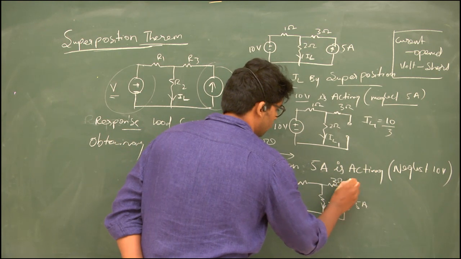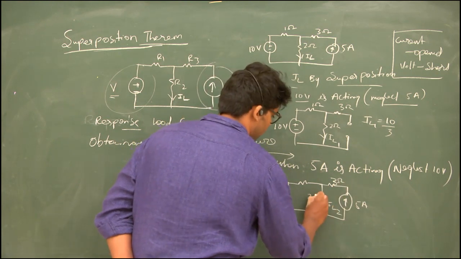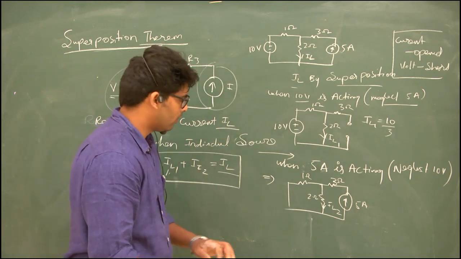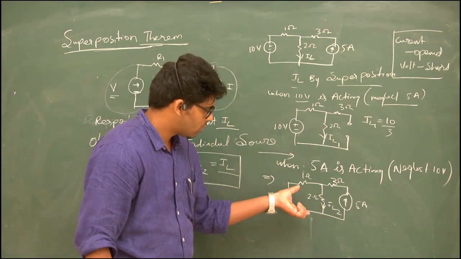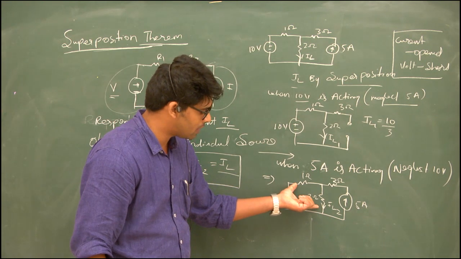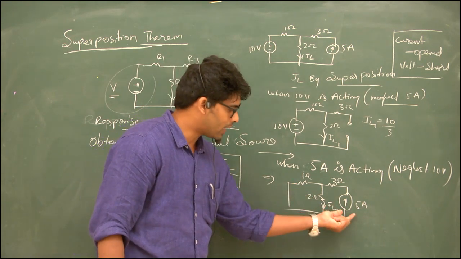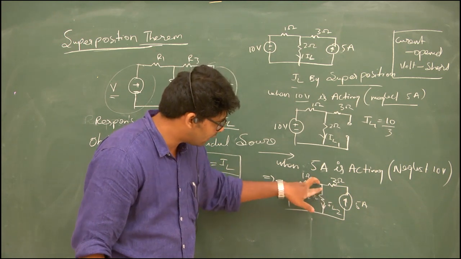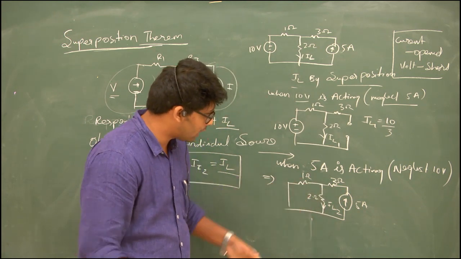This is 3 ohm, and this is 2 ohm, and this is 1 ohm. So now the actual fundamental thing acting. These two elements are in parallel. We are having the current source. This 5 amps travels from up to here, and we are getting division. That is, current division rule can be applicable.